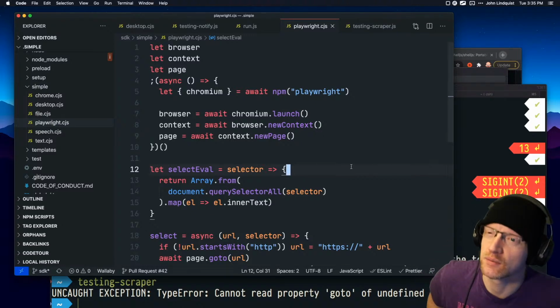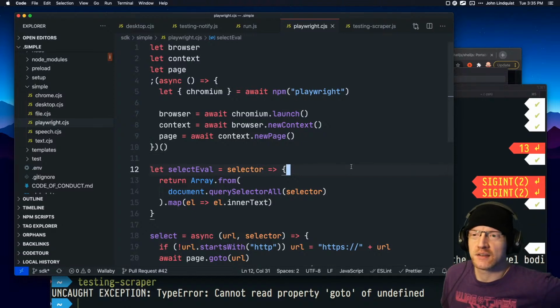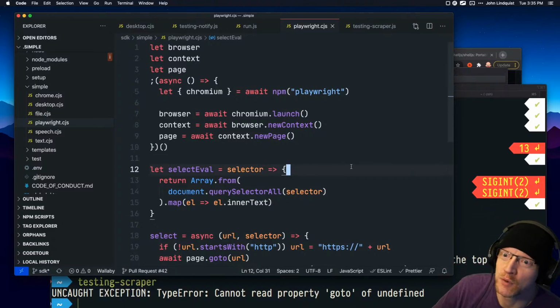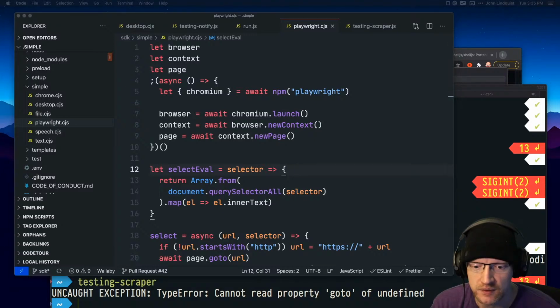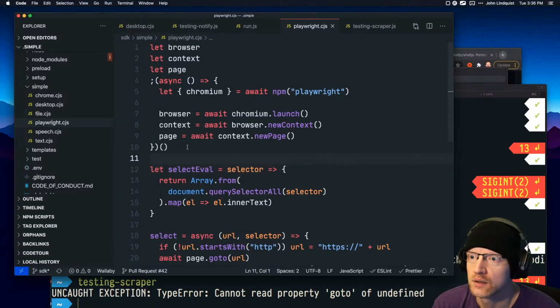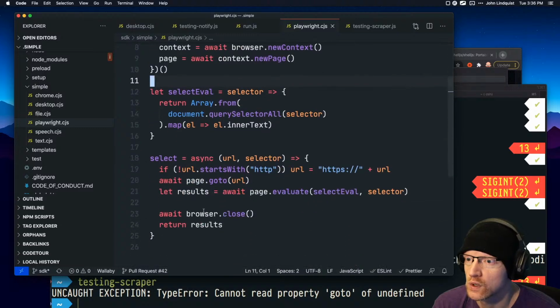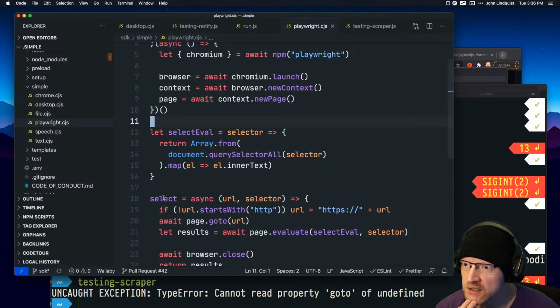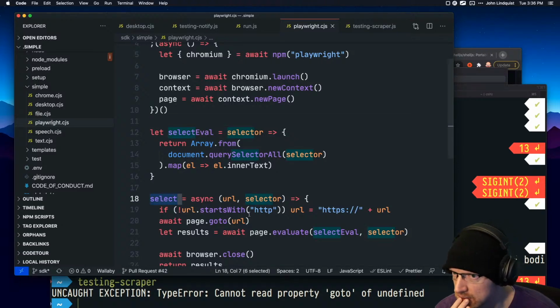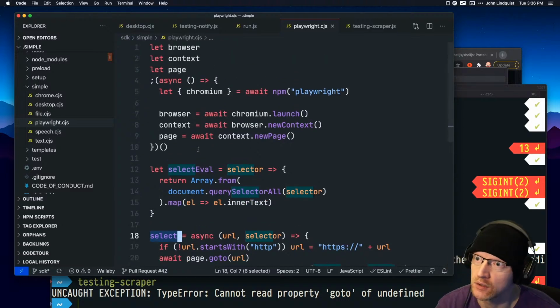I'm curious what the... like, this has been sitting in ESM for so long, it's weird to move it back into the CommonJS format. So, I don't want to move all of this inside of the select, although that would work. And it is the only function in there right now. Actually, what I could do is